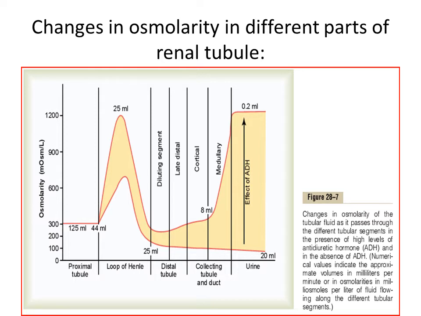With high levels of ADH, these tubules are highly permeable to water, and large amounts of water are reabsorbed. Urea, however, is not permeant in this part of the nephron. As a result, there is increased concentration of urea as water is reabsorbed. This allows most of the urea delivered to the distal tubules and the collecting tubule to pass into the inner medullary collecting ducts, from where eventually it will be reabsorbed or excreted in the urine.